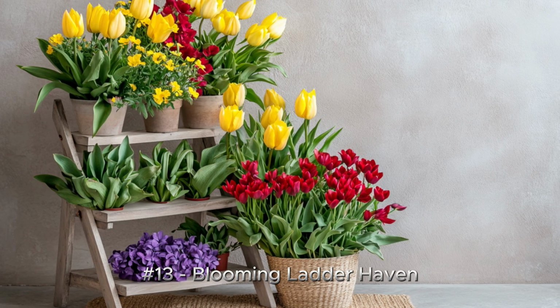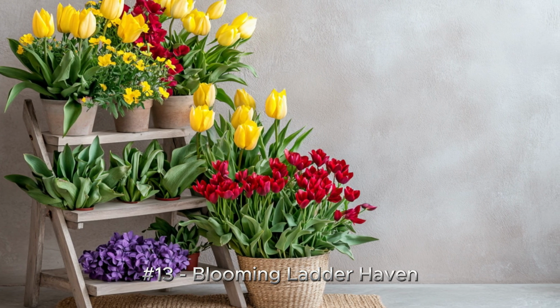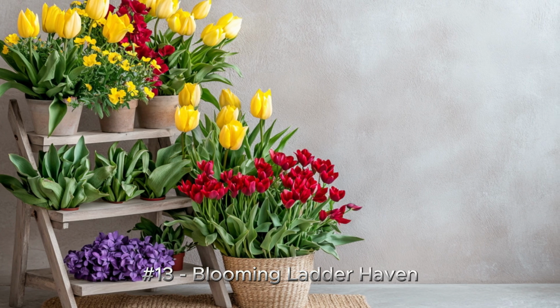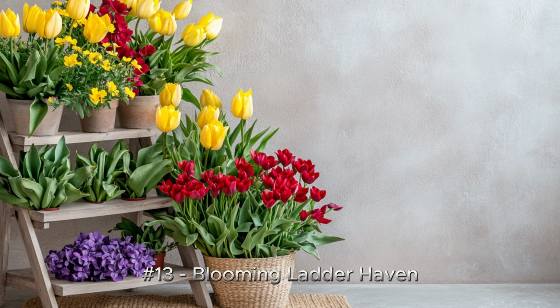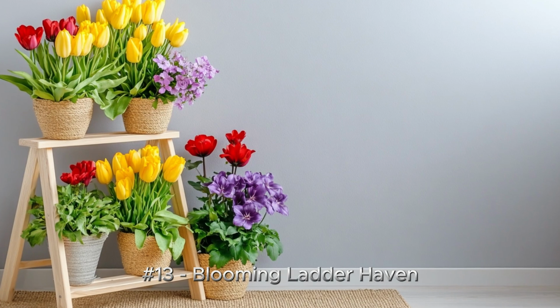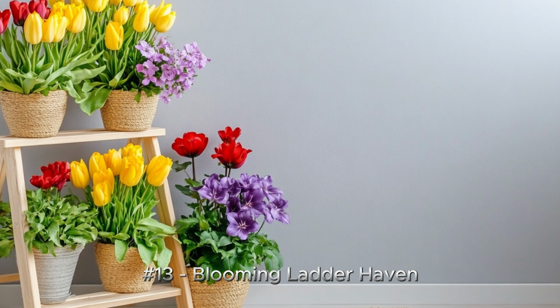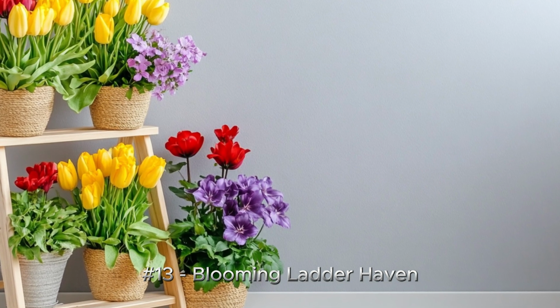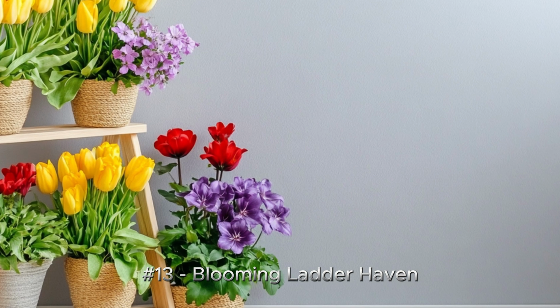Idea number 13. Blooming Ladder Haven. A leaning ladder-style plant stand holds a collection of vibrant flowers, including yellow tulips, red amaryllis, and purple campanulas. Each flower is carefully arranged on the rungs of the ladder, allowing the plants to cascade down, creating a beautiful and flowing display. The light gray wall behind the ladder provides a neutral backdrop, allowing the colors of the flowers